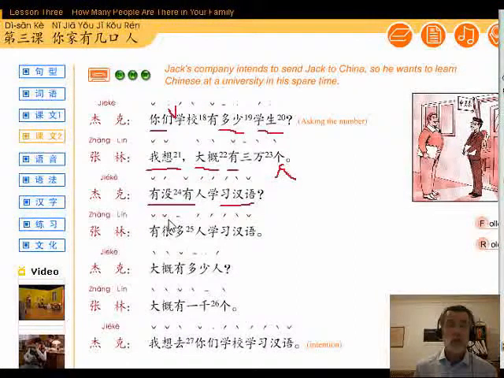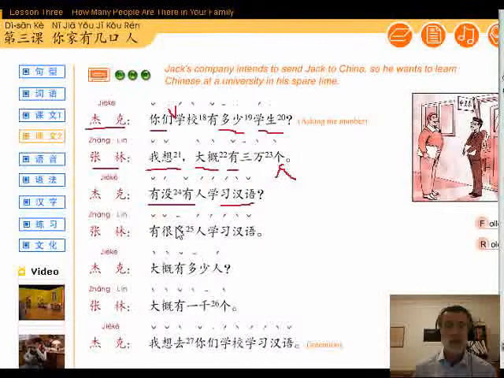Let's see what Zhang Ling says. So we've got two characters here, and I didn't mention them before. We've got Jie Ke, who I think we said was Jake, and then we've got Zhang Ling, who, it doesn't really say, I think Zhang Ling is a teacher anyhow. Right, so let's see how Zhang Ling responds to Jake's question.